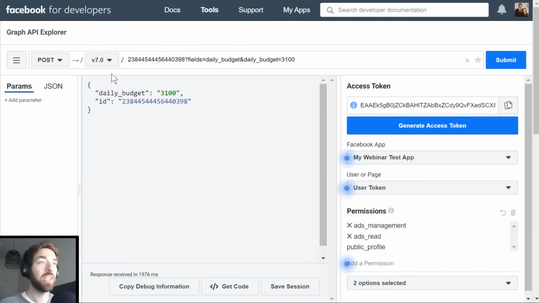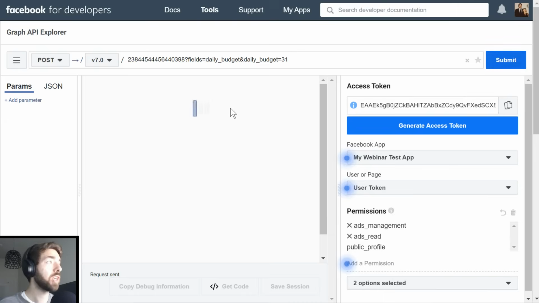And if you did that right, I'm applauding you because you just made the first change via the API. So obviously this is pretty exciting, and at the same time it's maybe a little bit dangerous because you can do a lot of things wrong here. If you leave out a 0 because you think, oh, 31 euros, that's a great budget. If I did that now,